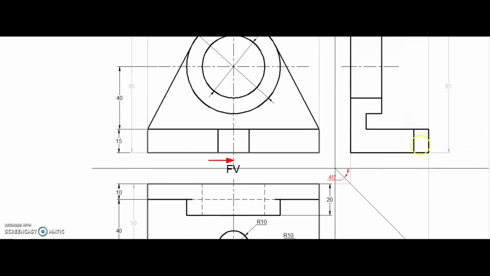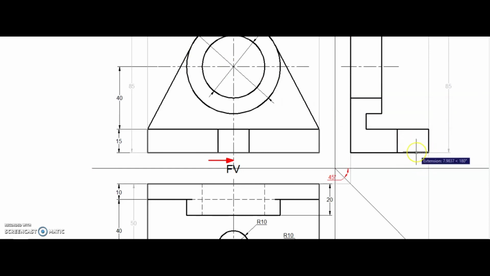Now here we have to correct something, because we have to actually go 20 millimeter from this point, then we have to draw this line. And at 10 millimeter we have to draw the center line.